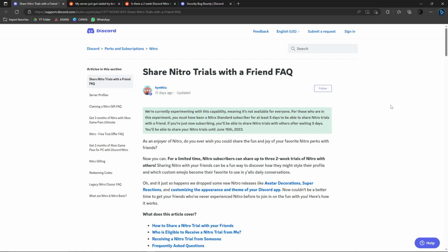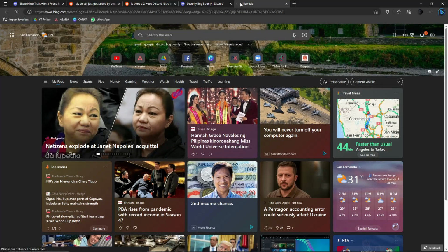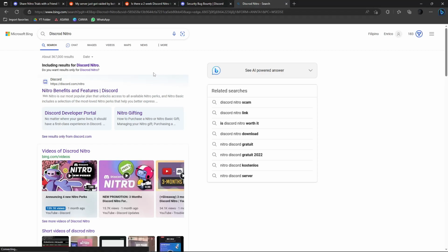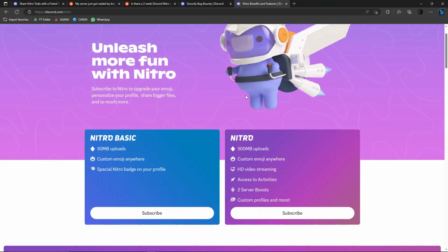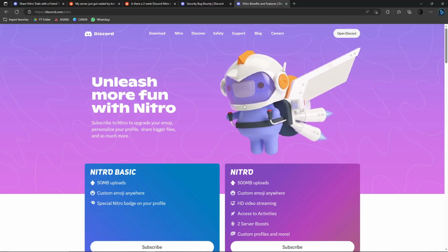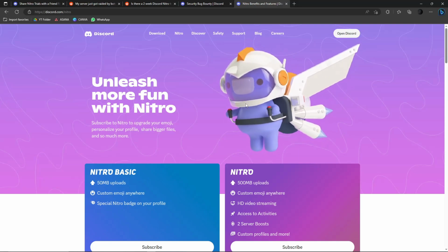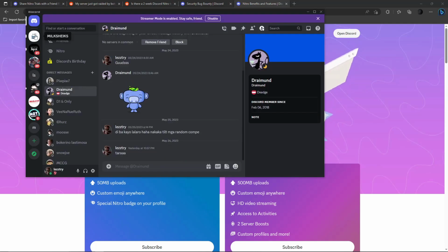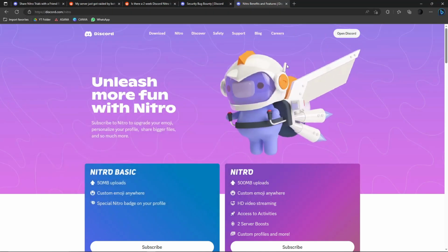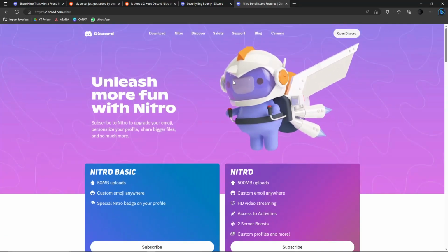So what is Nitro first? Let's just search it up real quickly here, Discord Nitro. I want to let you know first, step by step, before we get into the main topic. Technically, it's a paid subscription feature for Discord. As we all know, Discord is free to use, right? All of my gamer friends out there, I know that you use Discord. This is the one that we use for playing, for comms, for streaming, for watching with friends. It's actually good, with really good voice cancellation.